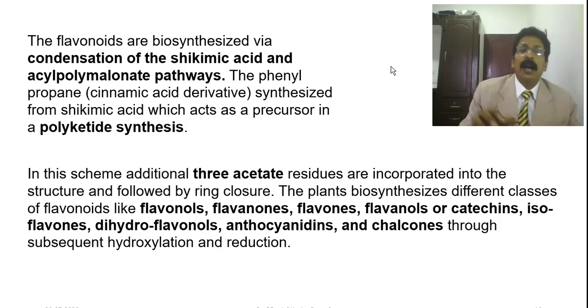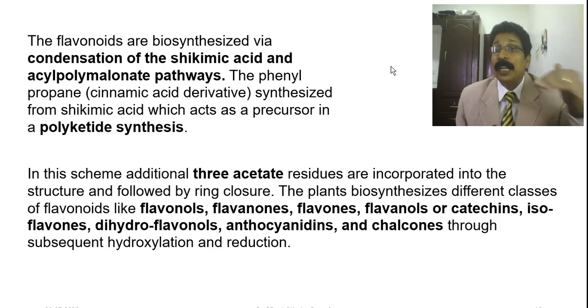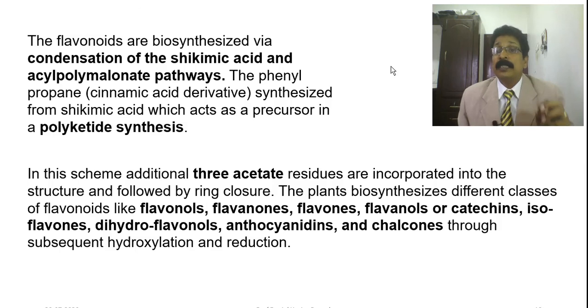In this scheme, additional 3 acetate residues are incorporated. So, we are going to tell about this synthesis. There are 3 acetate groups incorporated in this structure, followed by ring closure. The plant biosynthesizes different classes of flavonoids like flavonols, flavanones and flavones, flavanols or catechins,